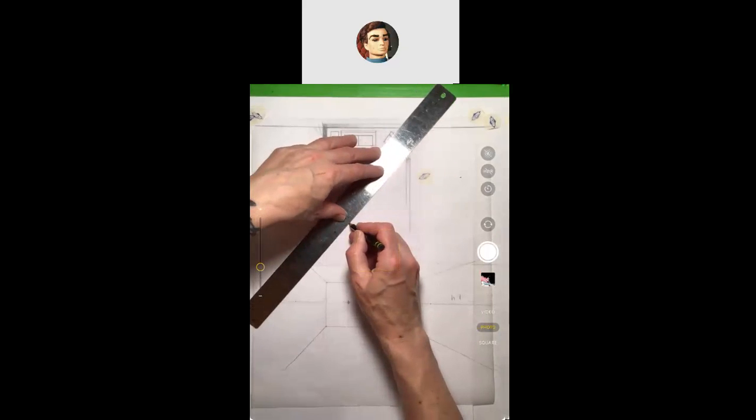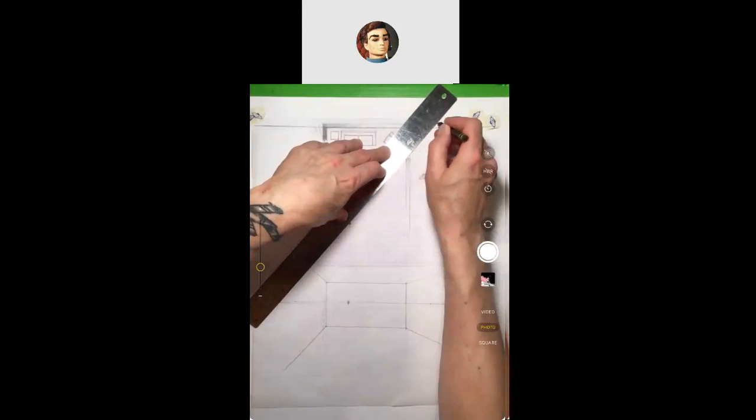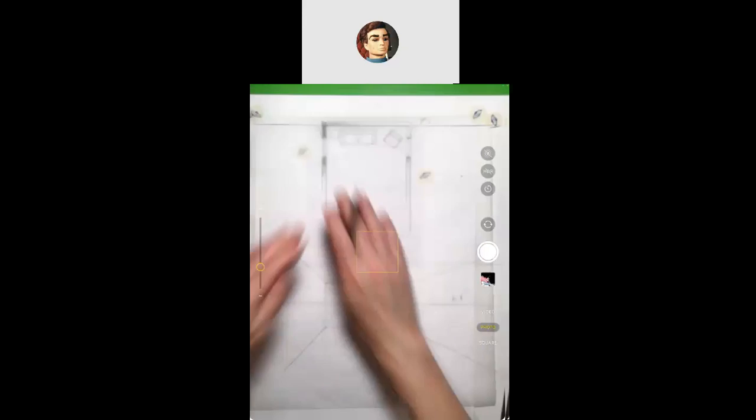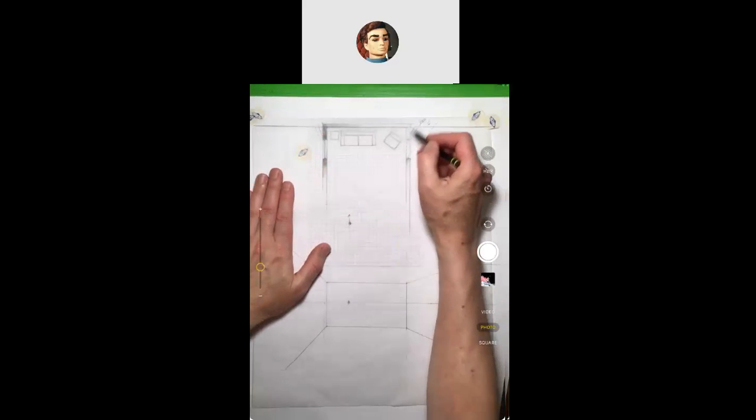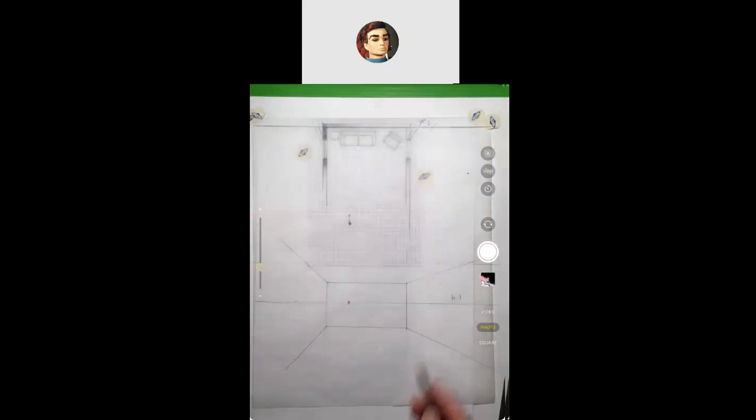See that, because my station point is not centered, these angles are different because I'm much farther to the left. So I'm going to see the window on the right differently than I see the window on the left. The window on the left will be more foreshortened. That is, it's seen at a flatter angle in perspective. Okay,